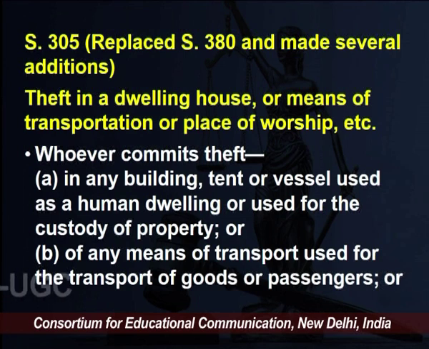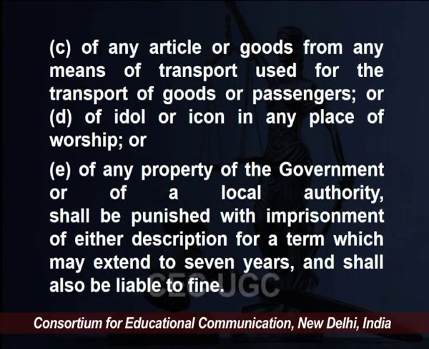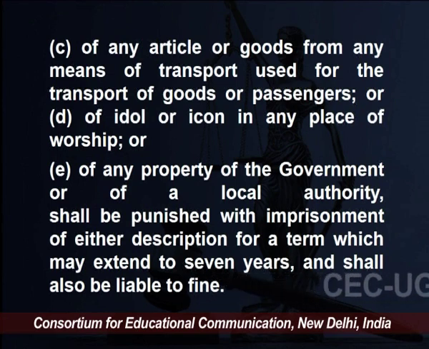So as per the new provision section 305, whoever commits theft in any building, tent or vessel that is used as a human dwelling or which is used for custody of property, or whoever commits theft of any means of transport used for the transport of goods or passengers. So you see instances of car theft, vehicle theft. Now all that is being directly covered under this provision. So it also includes whoever commits theft of any article or goods from any means of transport used for transport of goods or passengers, or